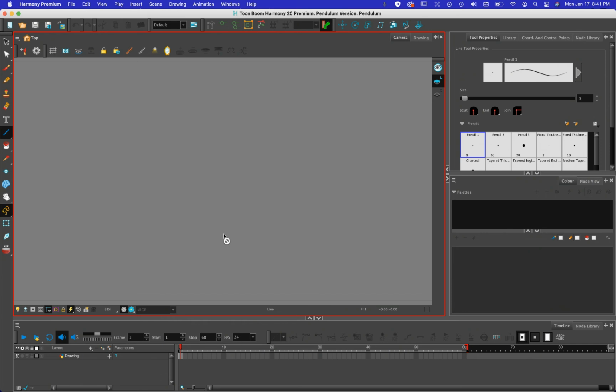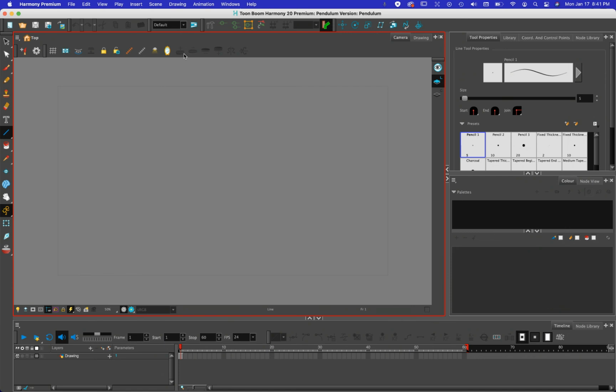So here's our stage, and I want to make sure that I see the entire camera frame. I see the top and the bottom lines. I'm going to zoom out by clicking on one, and now I can see the top and bottom. And we're going to do something that we haven't done before in class, and that is to add a vertical